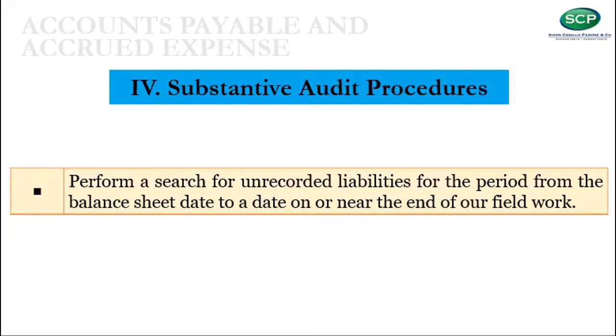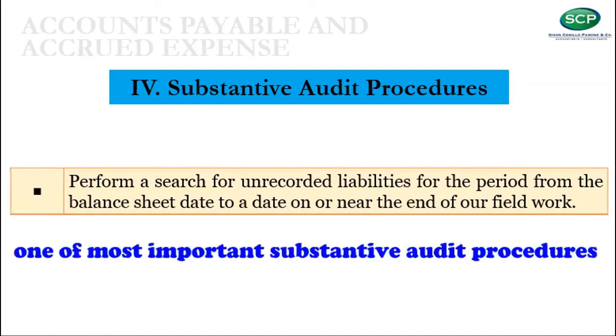As mentioned earlier, the risk on liabilities is for companies to understate them rather than overstate them. Accordingly, to address the risk, auditors must perform what is called a search for unrecorded liabilities procedure, which is one of the most important audit procedures